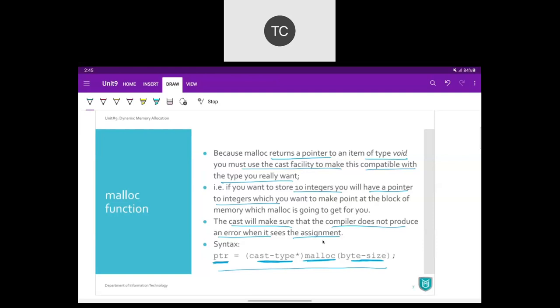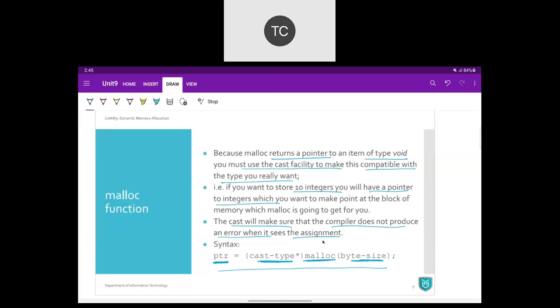When we call a malloc function, either it is going to return the address or it is going to return null. If you do not have enough memory, then it will return null. If enough memory is available, then it will allocate that memory to you and return the starting address.